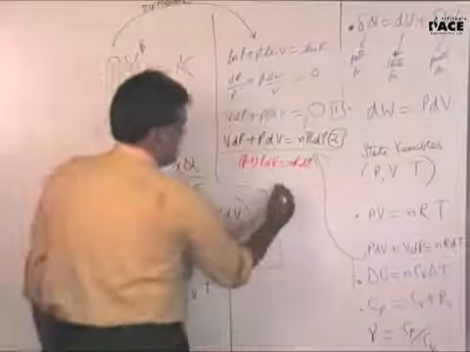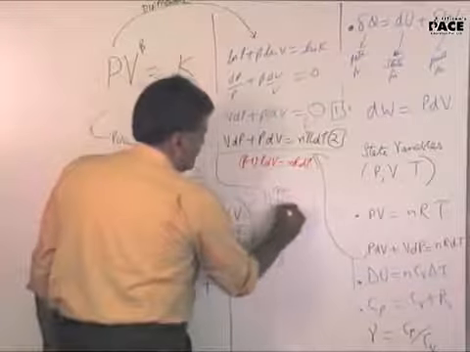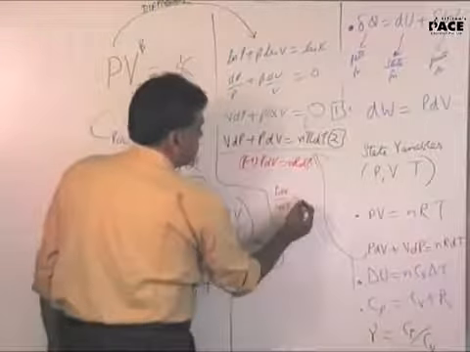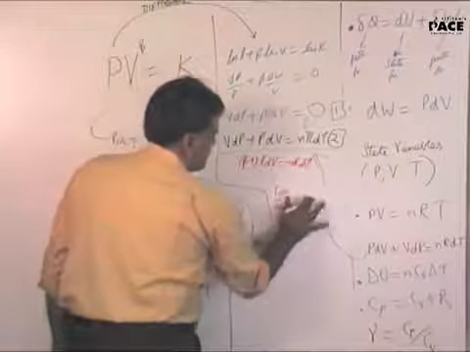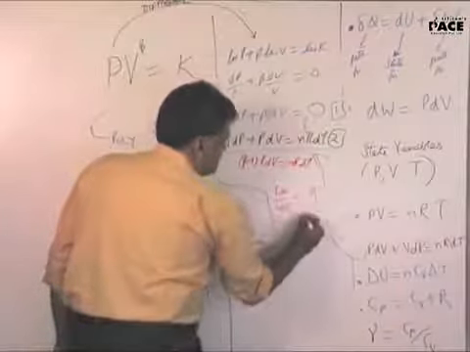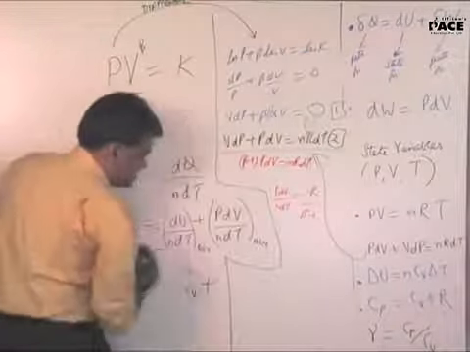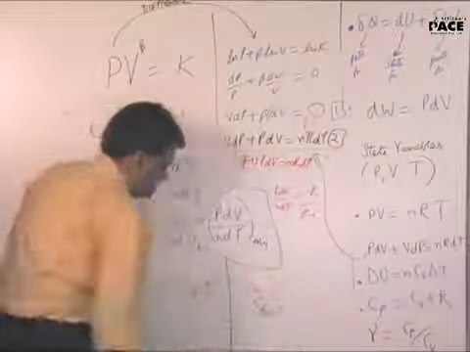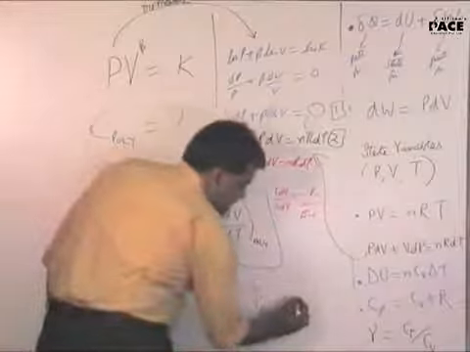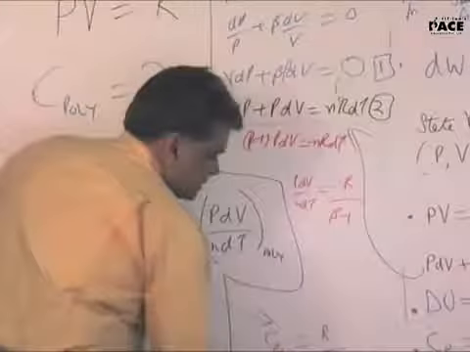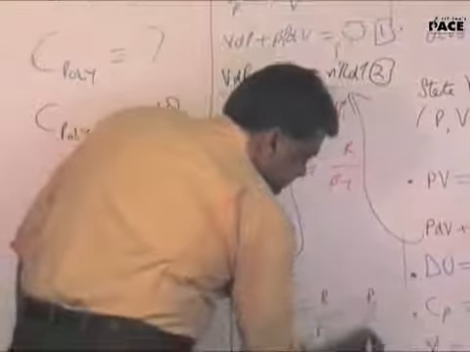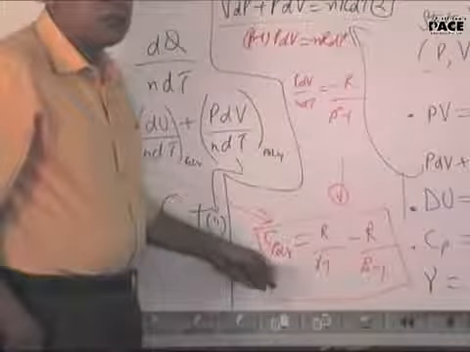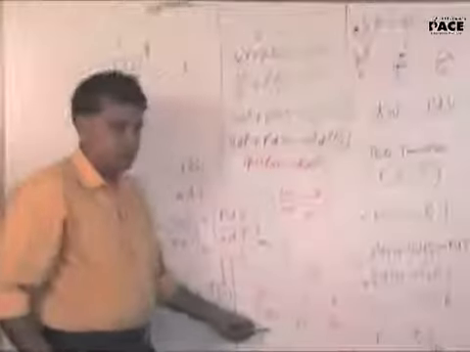It will become minus R. PdV by n dT will become, this is minus nR. You subtract 1 minus 2, so it's minus R by (beta minus 1). So I rewrite this polytropic process here. C poly will be equal to CV, which, for symmetry, I can write like this. It looks better. Well, that's your answer. This is the molar specific heat for a general process, the polytropic process.